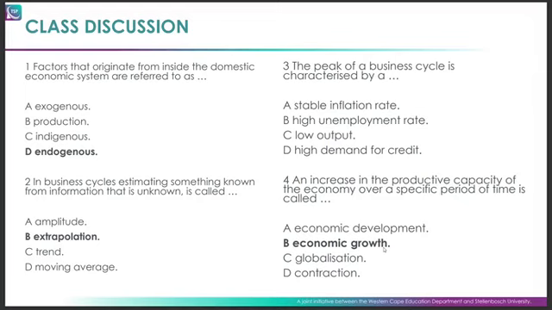And as you heard in grade 11, when we did the national account incomes, there were 3 different ways in which we calculated GDP, and we looked at the productive capacity. So whenever you see the word productive or production capacity, that is economic growth. So what is economic development then? Economic development, on the other hand, looks at how well the people are doing. So when you're looking at things such as standard of living, that is going to give you an indication of